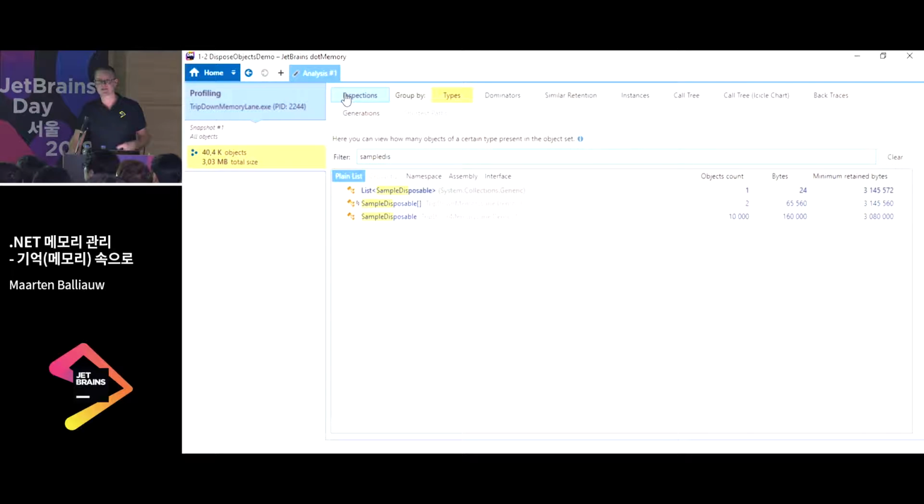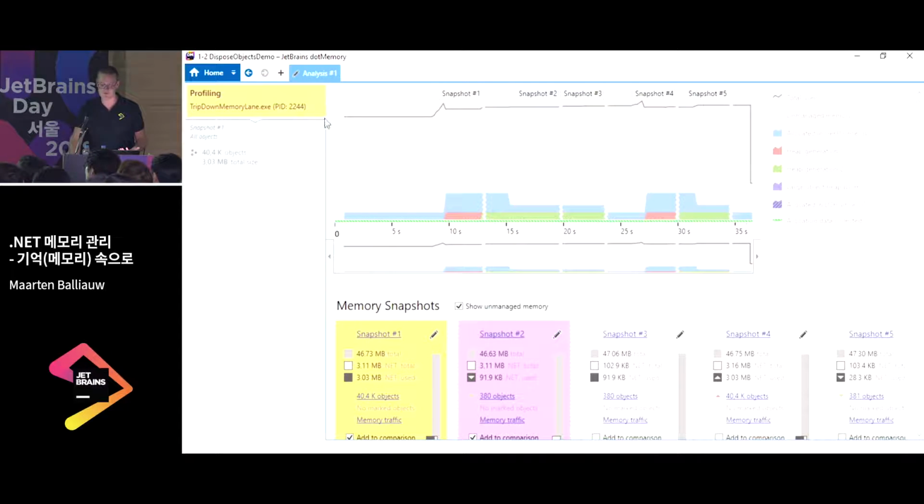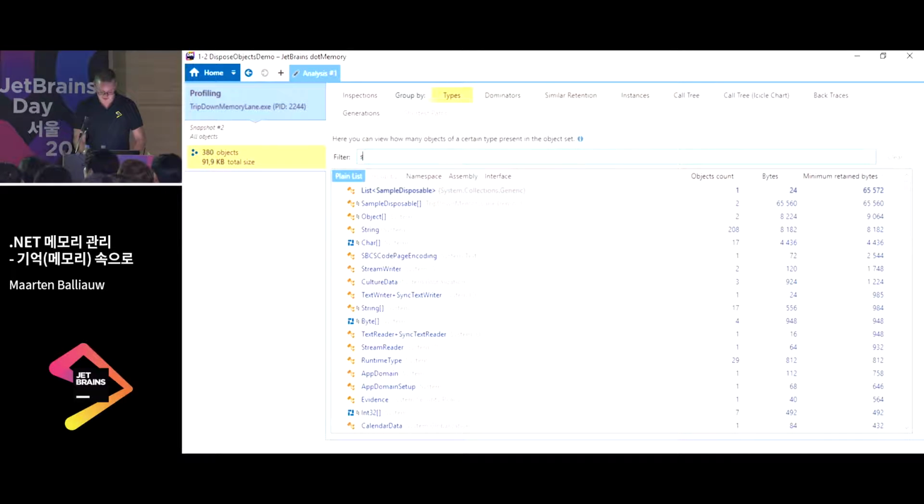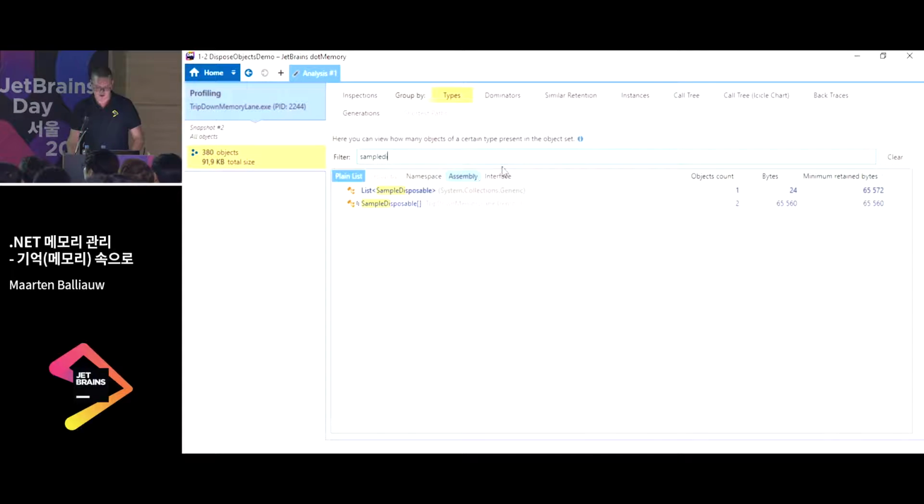The next thing I did was clear out the list of sample disposables and force a garbage collection. And you can actually see that in the timeline here, that I forced a garbage collection because the memory usage dropped. You can really see the garbage collector ran and did something, but I have no idea what it did, so let's explore that snapshot. If I look at the objects here, and we search for sample disposable, you will see that indeed the list is still there, it's an empty list, but my 10,000 objects are gone, I would think, because